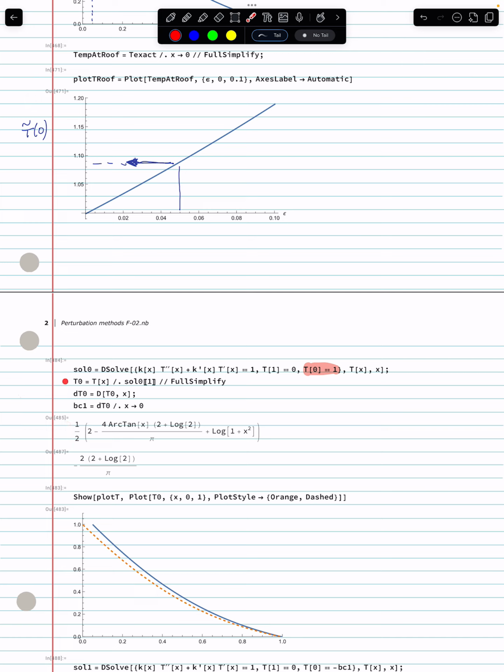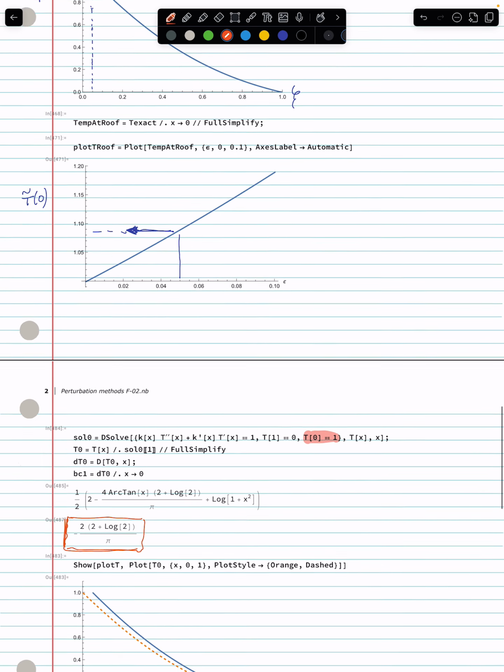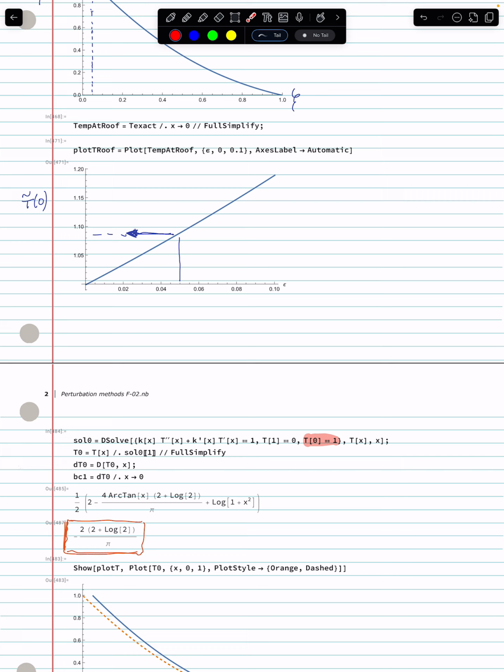Then, after having computed T0, which is a leading order solution, remember, we had to compute the first derivative of T0, and the change in the boundary condition at the next order is the value of the first derivative of T0, when x is equal to 0. And this is this quantity here. All right, that's the quantity that matters. And as I said earlier, hopefully this is something that is negative. And indeed, we see that this is negative. And negative that quantity corresponds to, in fact, the slope in that calibration scheme or